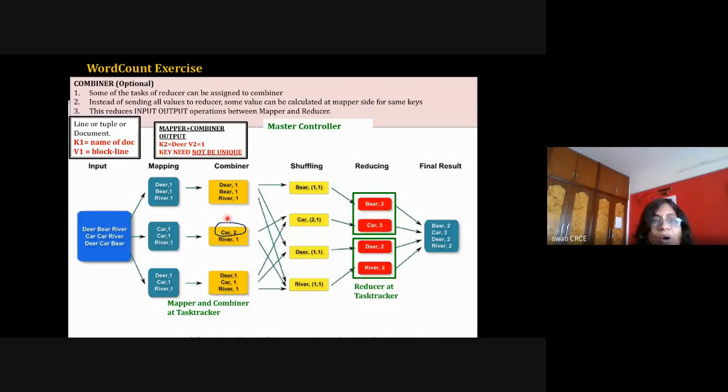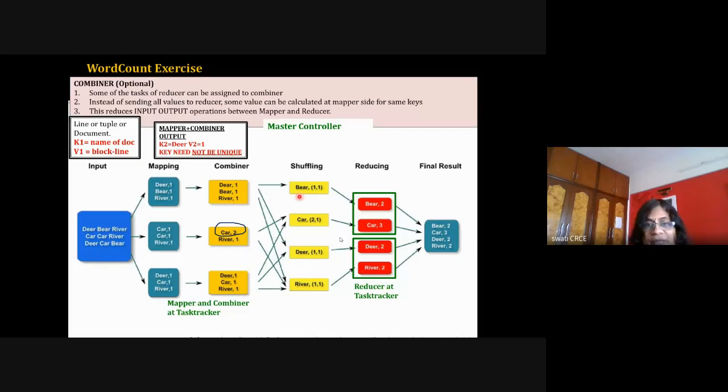Instead of sending all the values to the reducer, some values can be calculated at the mapper side for some keys. And this reduces input output operations between mapper and reducer. So it is just to reduce the number of signals or keys transmitted from one process to the other, to reduce the traffic and to save the bandwidth.